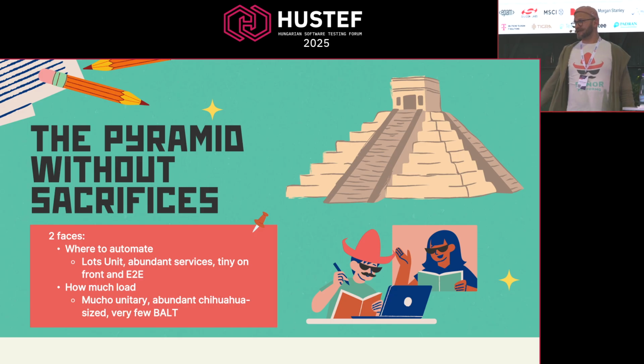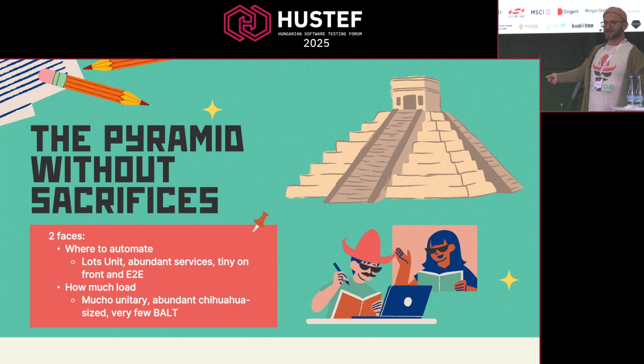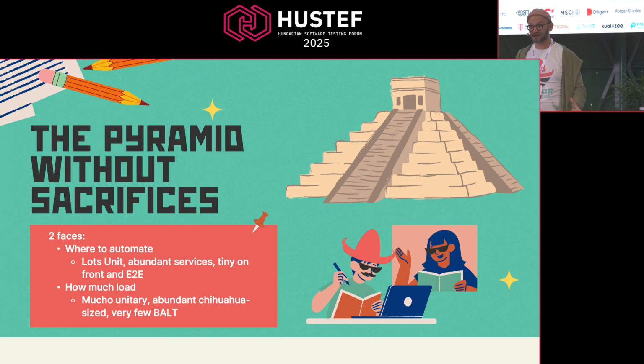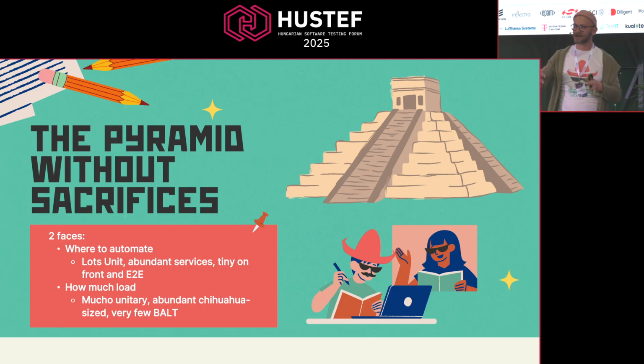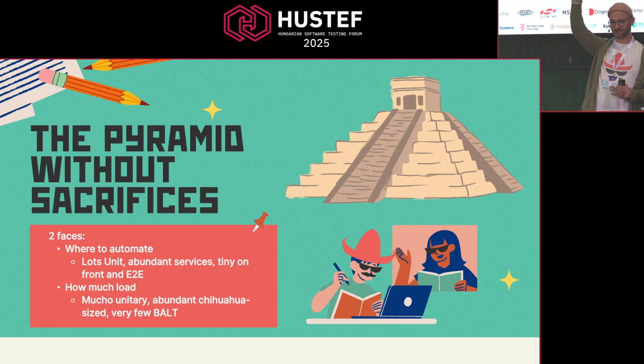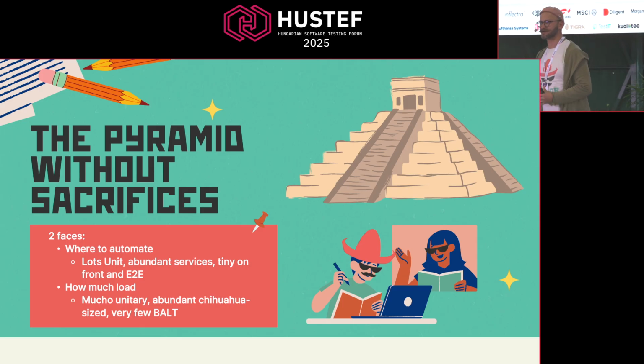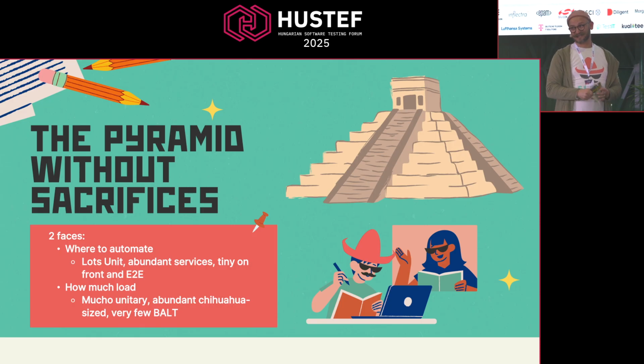The automation pyramid. Who knows the automation pyramid? Raise your hand. Okay. Oh, are you asleep or do you really not know it? The automation pyramid is a principle where you should have more coverage and more automations. I call it the Aztec automation pyramid of sacrifices, because of what happens at the top of the pyramid, I mean the Aztec ones. Not anymore, it doesn't happen anymore. It used to happen. The sacrifices.